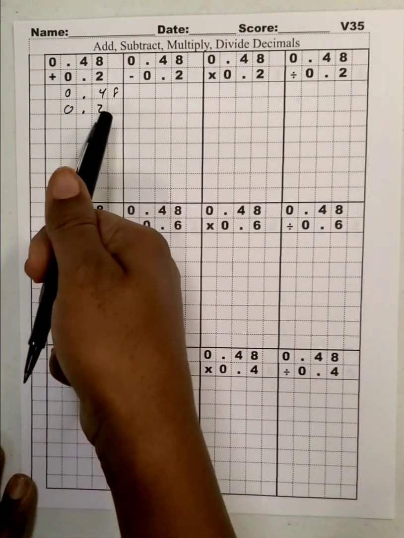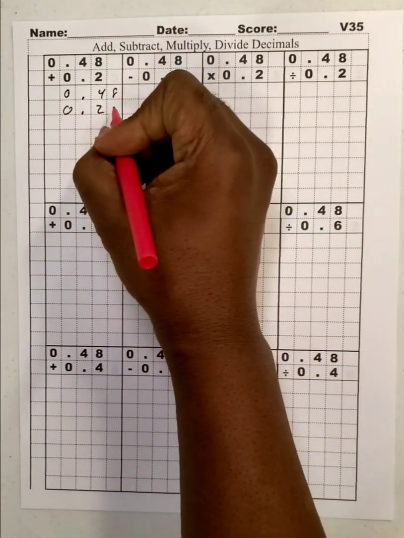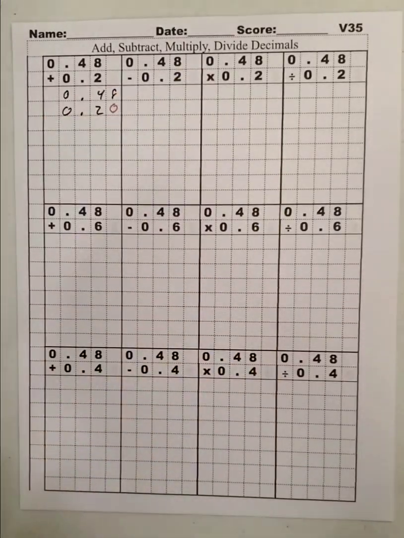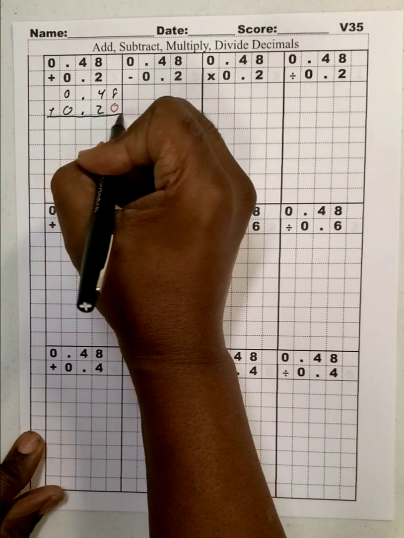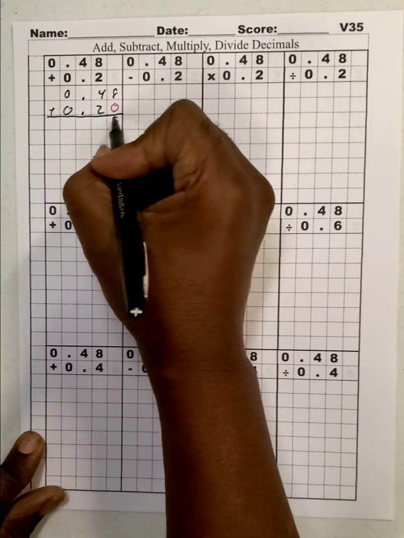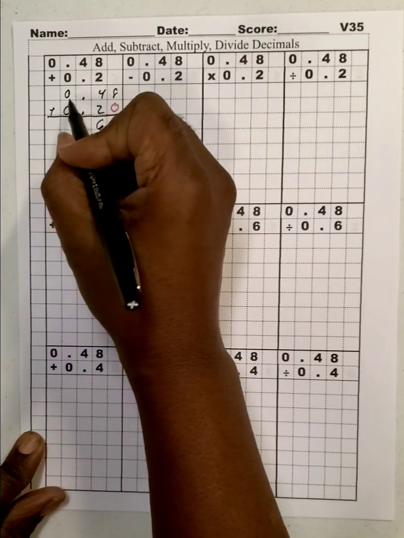Now you notice that there's a missing hundreds place here, so if there are any missing numbers in any of the place values, we'll put 0 there. And now we're ready to add. So we're going to add these. The hundredths add up to 8, the tenths add up to 6, your decimal, and the ones add up to